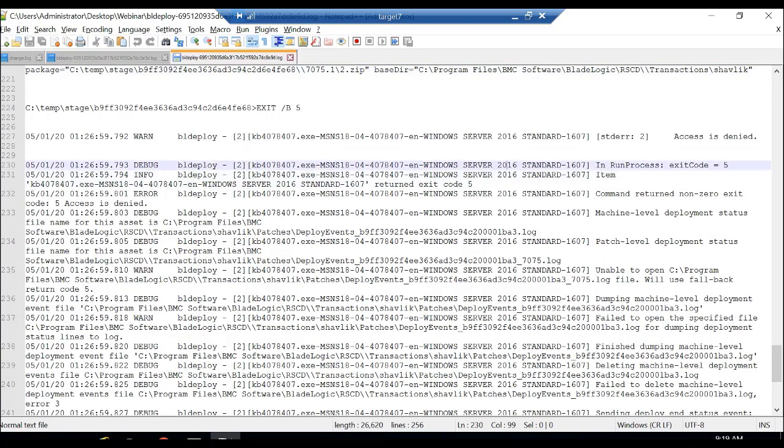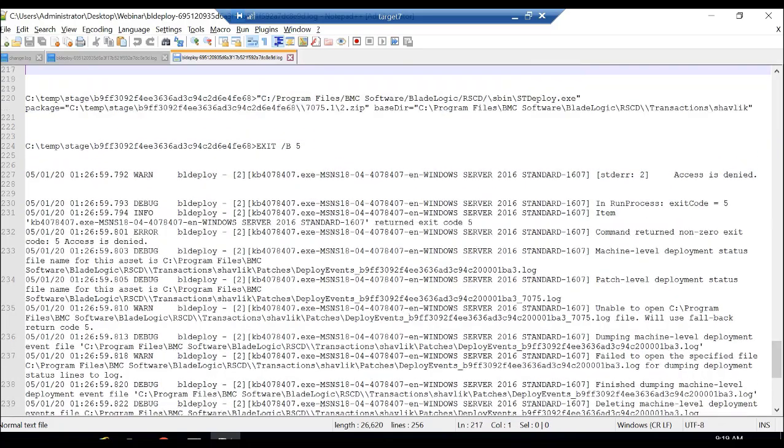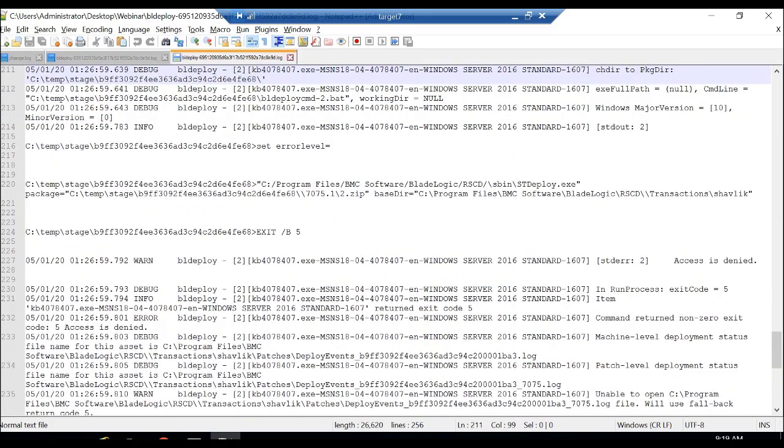Now if we scroll up, we will see that the error is coming here. C program files, BMC Software, BladeLogic, and there is a program stdeploy.exe. It is executing and it is giving us this access denied error. So we can see that we are not even trying to install anything.